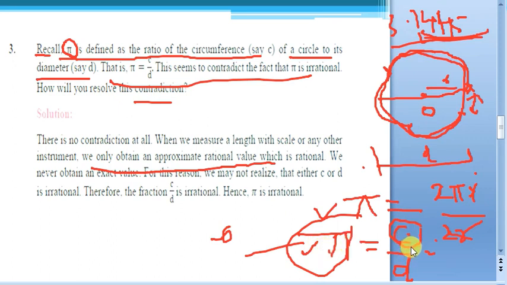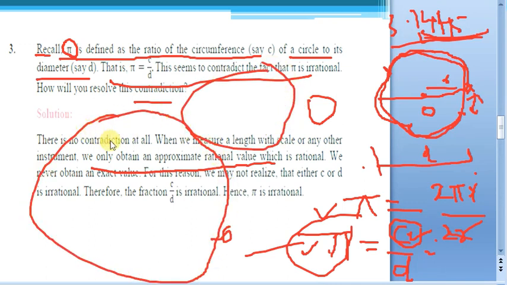But remember, this is how we define pi. Pi is equal to the ratio of circumference to diameter. In any circle, whether you take a small circle, a big circle, or the biggest circle in the universe, if you take the ratio of its circumference to its diameter, it will be 3.14 something, that is pi. Whatever big circle you consider, the ratio of circumference to the diameter is going to be pi. That means pi is a circular constant.